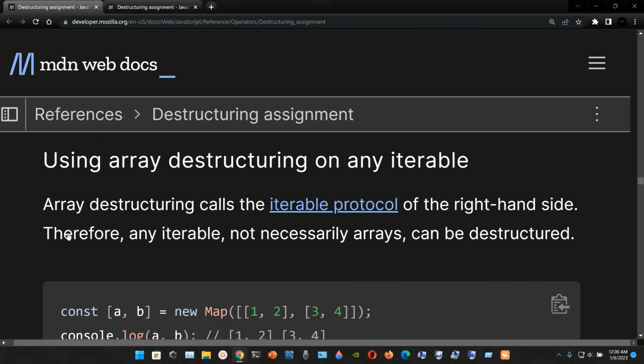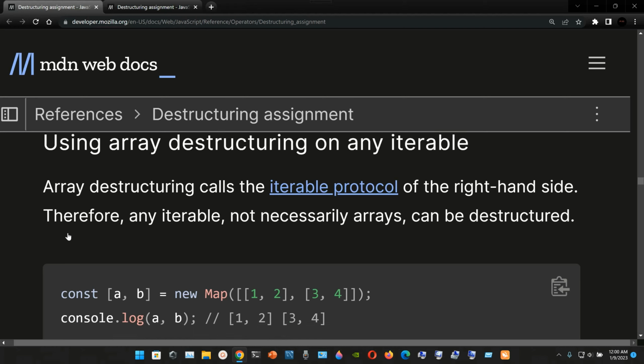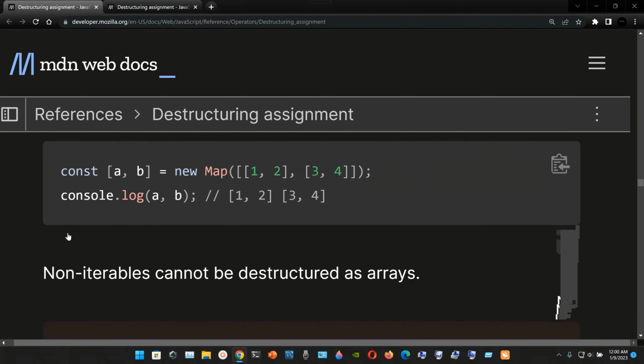Now, using array destructuring on any iterable. Array destructuring calls the iterable protocol of the right-hand side. Therefore, any iterable, not necessarily arrays, can be destructured. So here they give us this example. We are gonna destructure